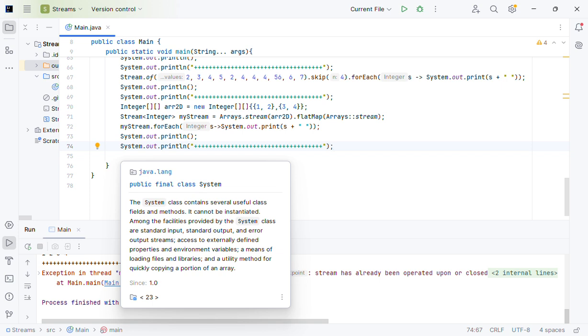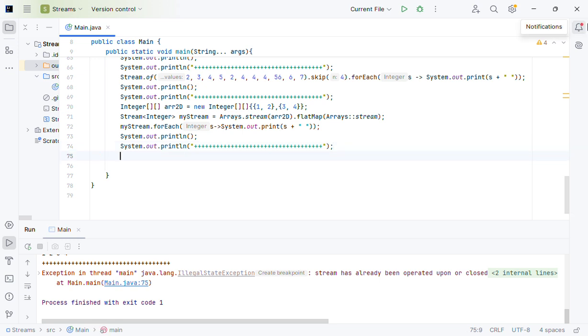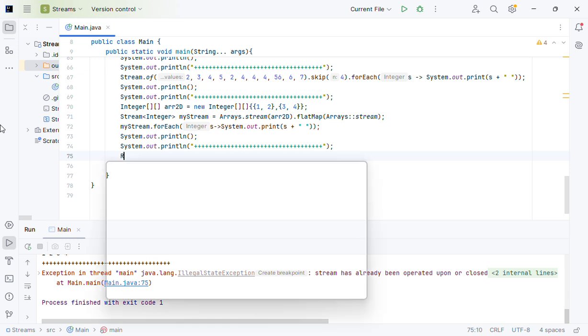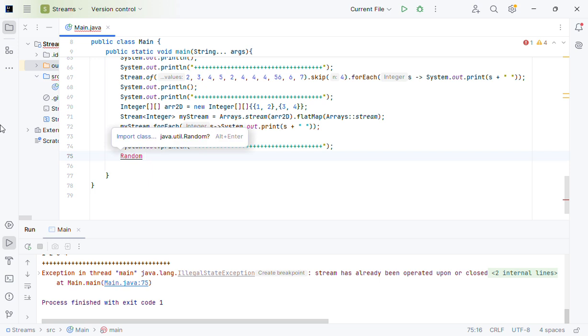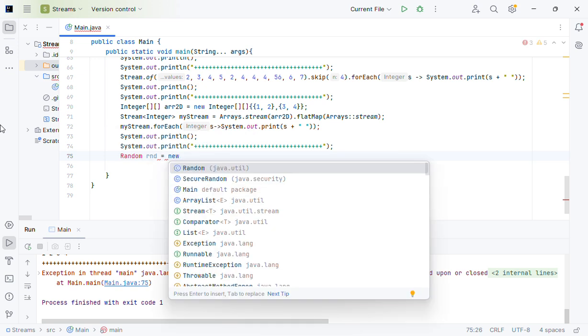Let us try to do some other things. For example, with streams it's easy to generate many different numbers. Also there is such an example. Let us try to generate many different numbers. We can create, for example, RND is equal to new Random,